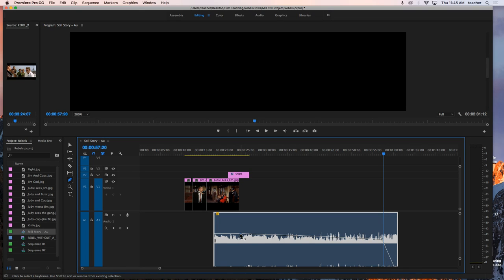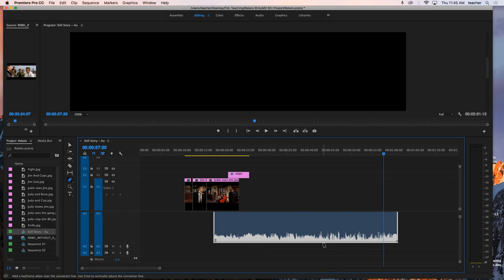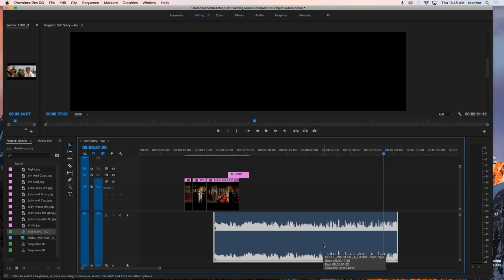Now, if you don't have any of these pen tool marks on here, then your audio, you can also adjust. If you're doing an overall adjustment, you use the V tool and you can bring it up and down, okay,